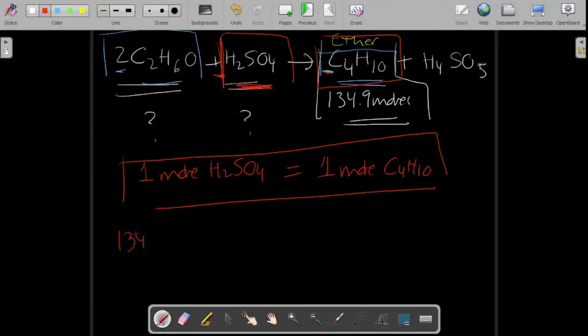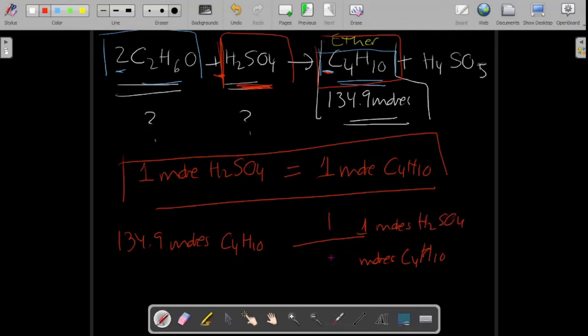So 134.9 moles of what? Of our ether, because that's what they give us. Factor label method, trying to get rid of those because we already have that information. What we need is the amount of the second reactant, of that acid. So here you go. And now 1 to 1. There's nothing to think about here because it's 1 to 1. So it's the same amount, 134.9 moles of the second reactant are needed to be able to produce